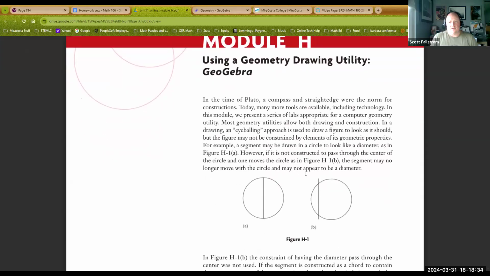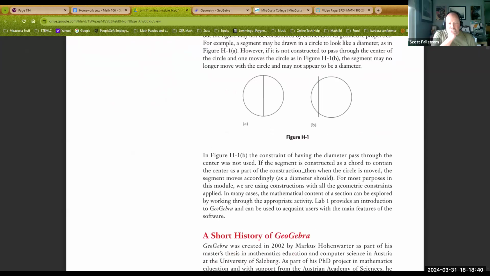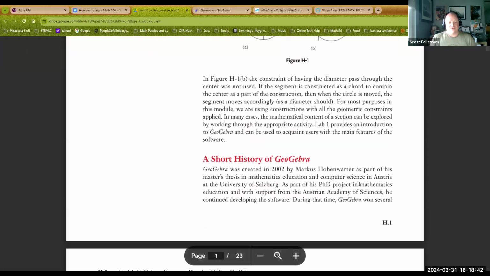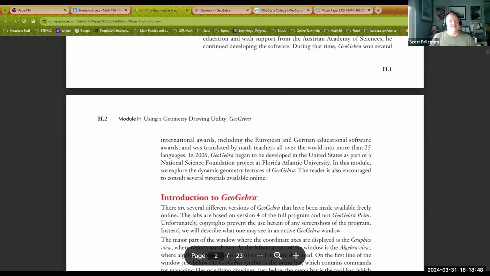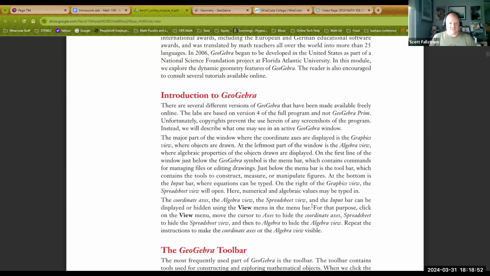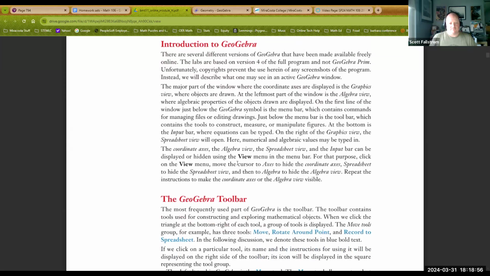And again, if you want to, you can read through and see how GeoGebra came about. This was a long time ago. It came out more than 20 years ago, and it has since launched online as a free resource. So we are going to be using